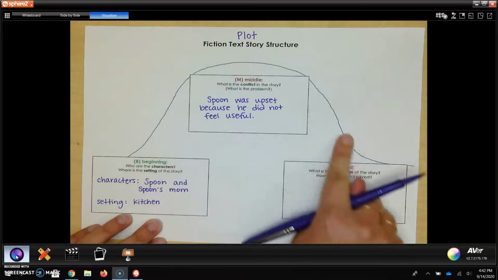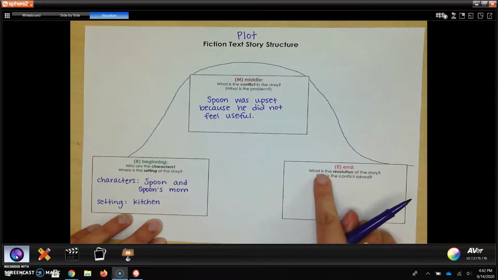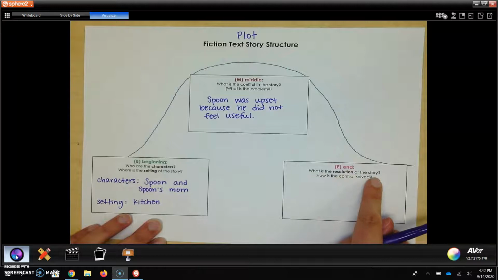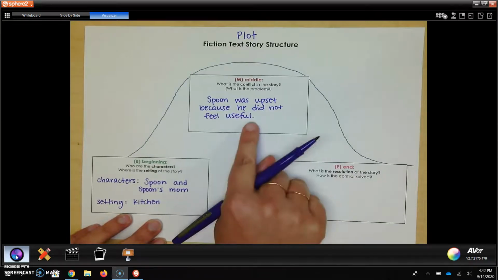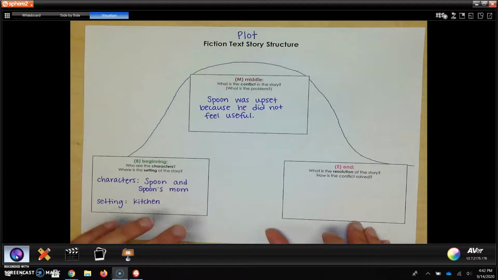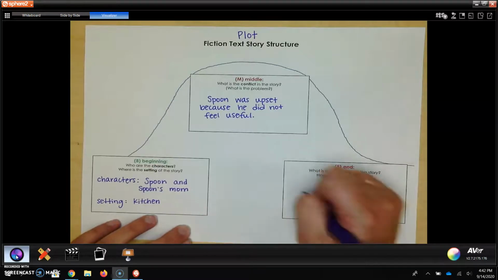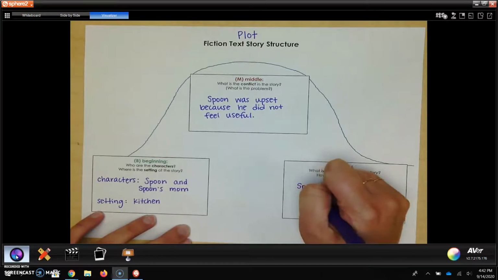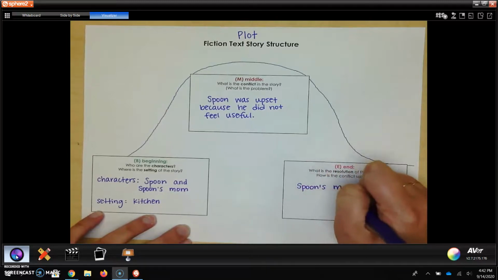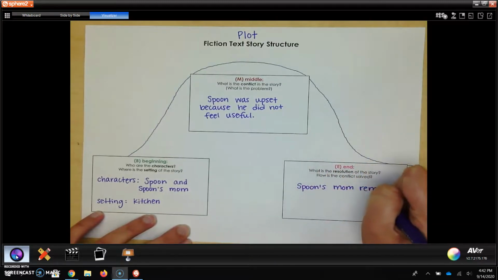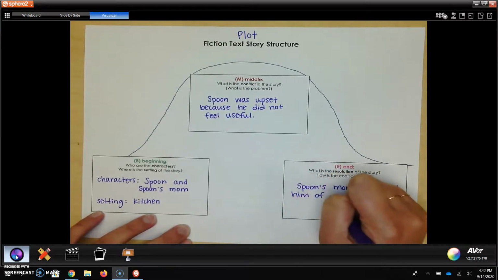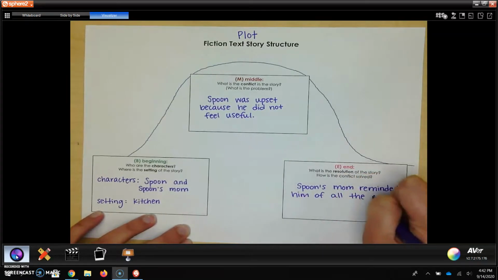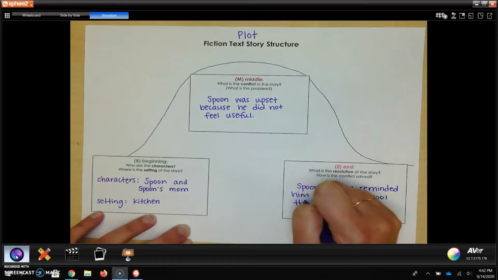And now we're coming down to the end of our story, where it says, what is the resolution of the story? Well, another definition for resolution is just, how was the conflict solved? How was Spoon's problem solved? He was upset because he didn't feel useful. So how did that problem get fixed? Well, we know that Spoon's mom reminded him of all the cool things